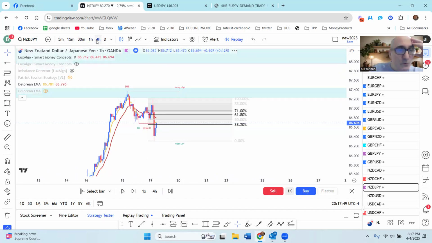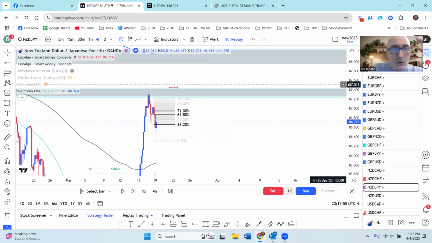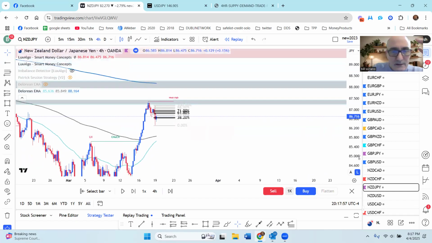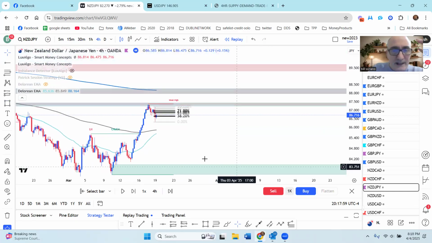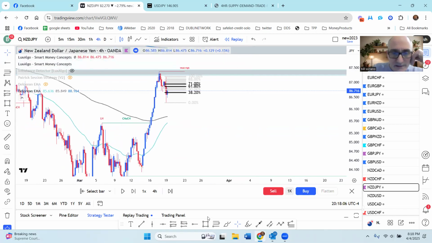Now, let's go back to the 4 hour. Let's turn the indicator on, see where is our next zone, next demand zone. It's all the way down here, see? Okay, so what that tells us is